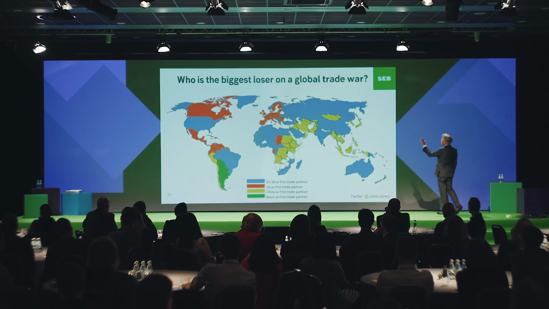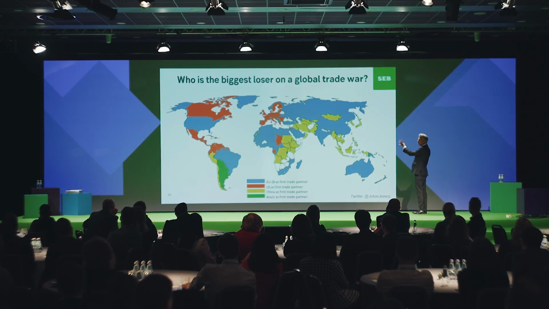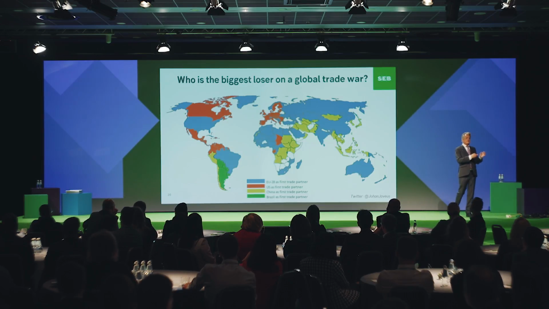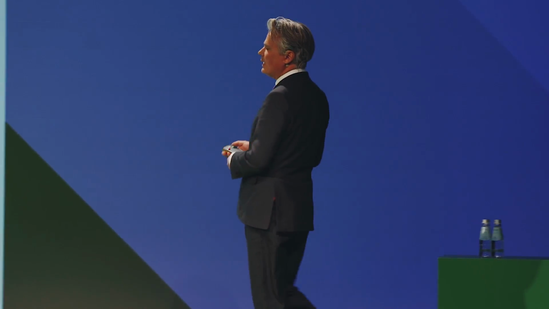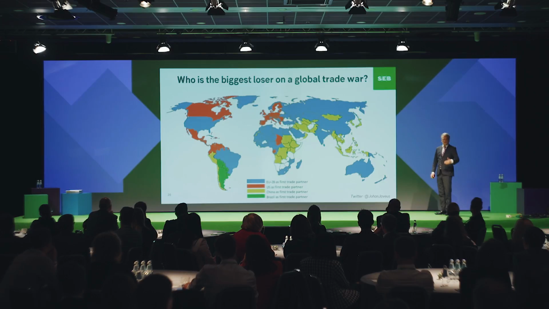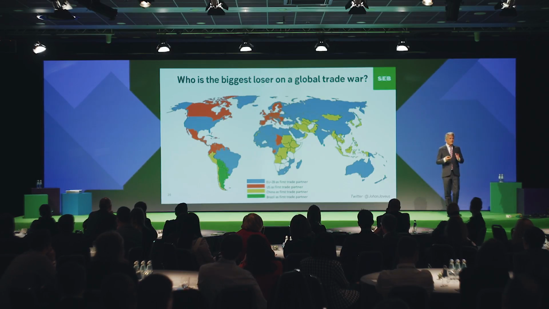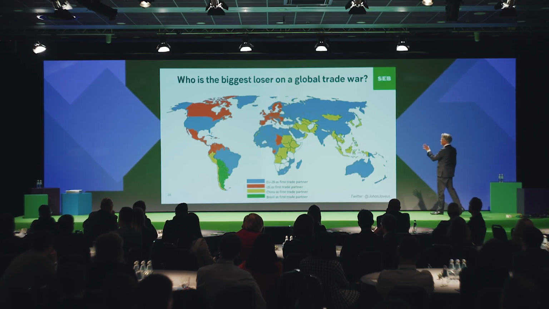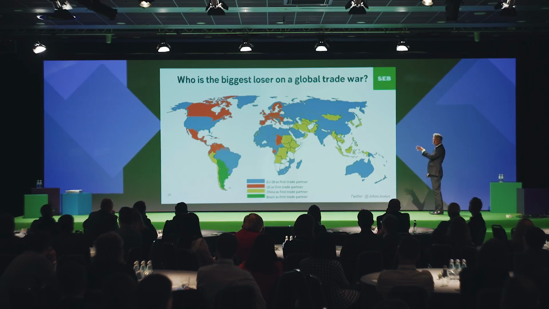All the countries that you see colored blue on this map are countries that have the EU as their main trading partner. So for us, it's of course extra important that this doesn't spiral out of control. The Nordics are very, very much dependent on trade. I think that in Latvia, you have like 60% of your GDP made up from exports. So this is a big potential problem for Europe if things continue to deteriorate.